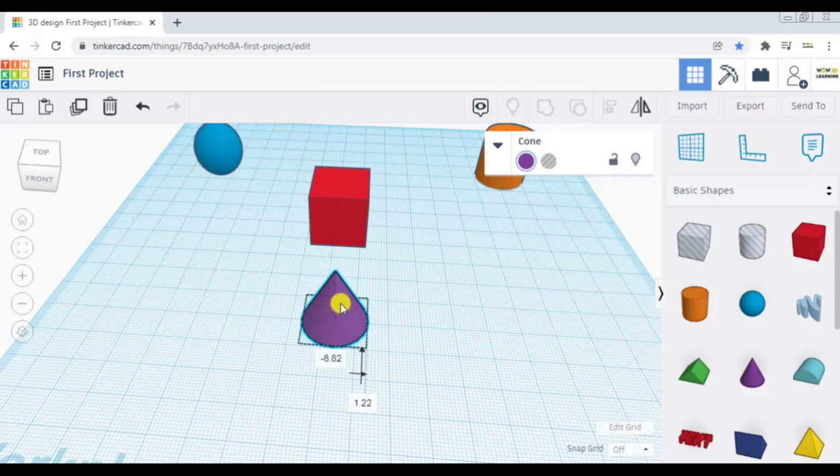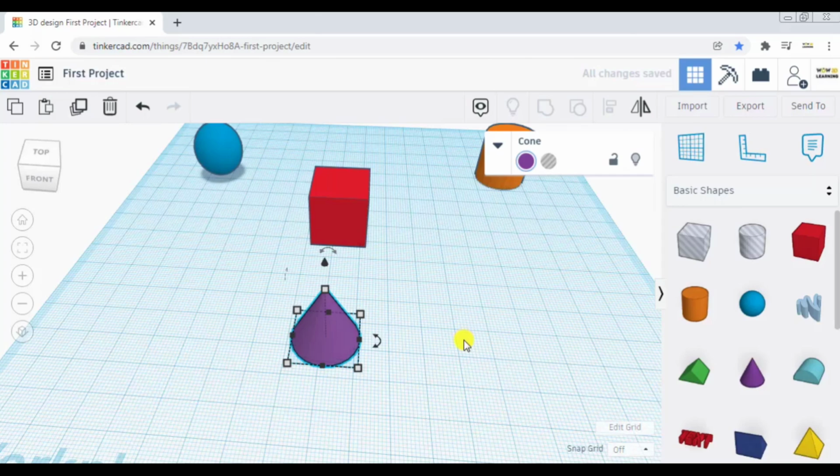If you are a new beginner, you will find it difficult. So what you can do is just press shift and then you see it is locked. It will just move horizontally in a straight line to the box. It will not dislocate. So using shift is another benefit in this Tinkercad.